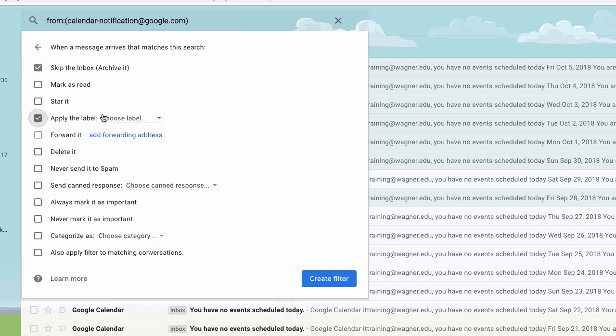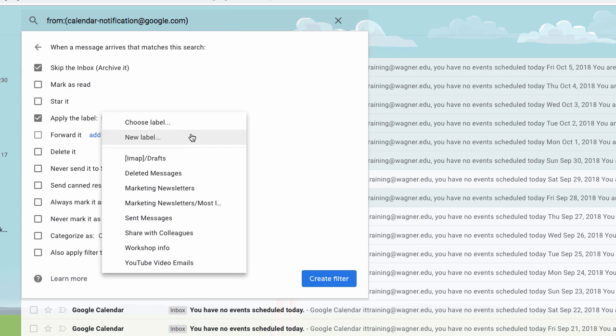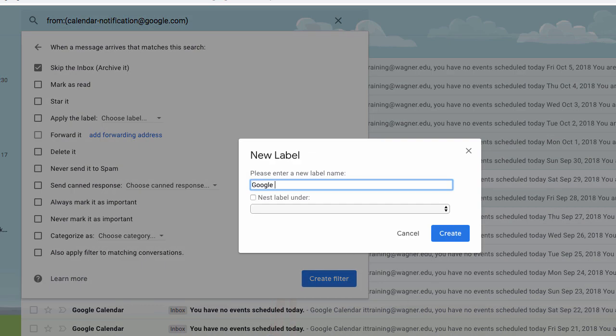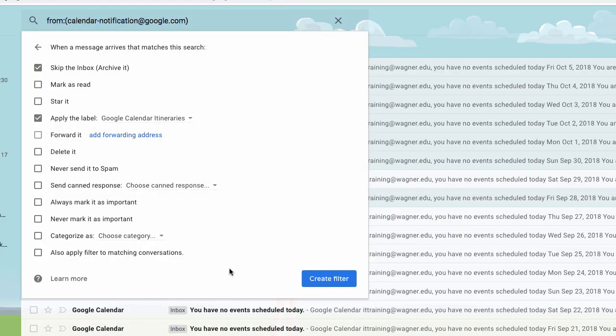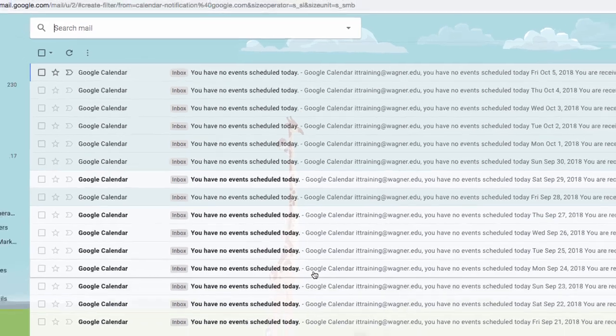So if I click apply the label, I have to choose the label that I want it to go to, and I'm going to choose from this drop down menu and make a new label, and let's name it Google Calendar Itineraries, and press create. And lastly, I want to click also apply filter to matching conversations, and what that'll do is it will take everything else in addition to the one that I checked off and put it inside of my filter and inside of this label. So if I click create filter,